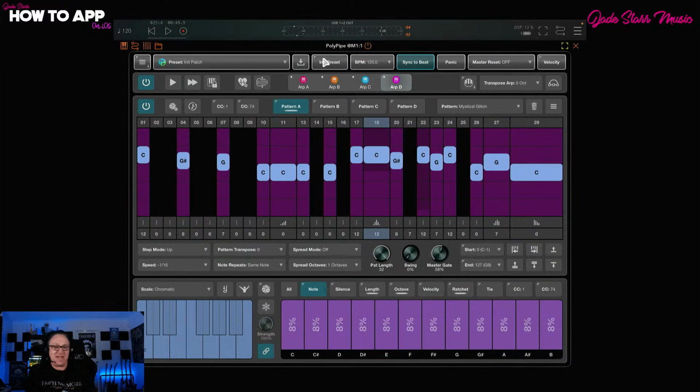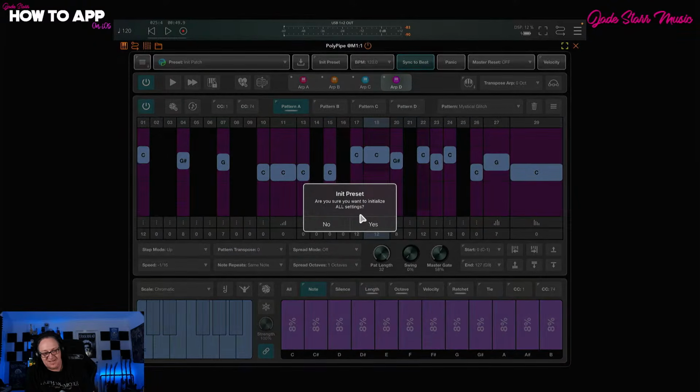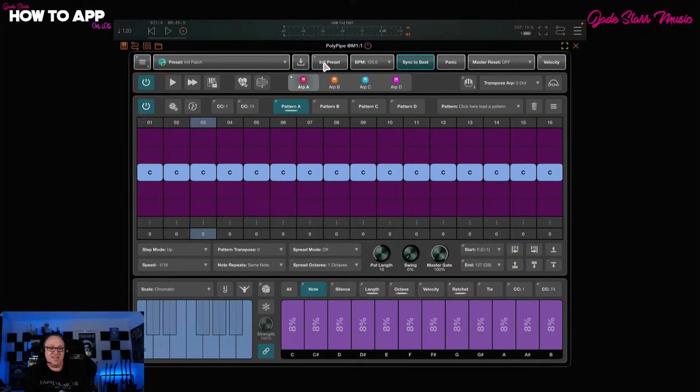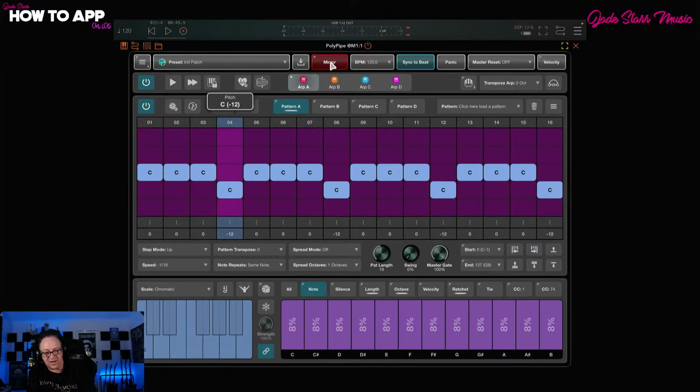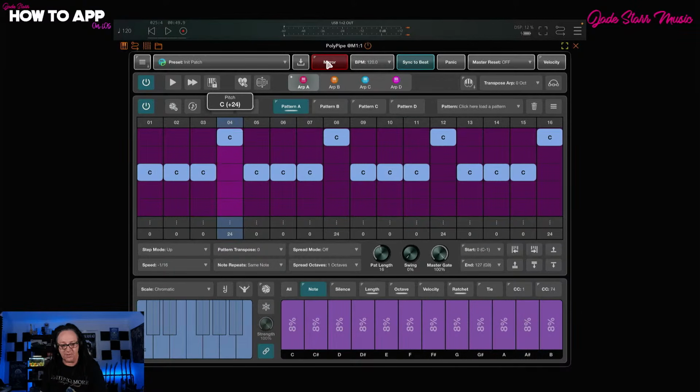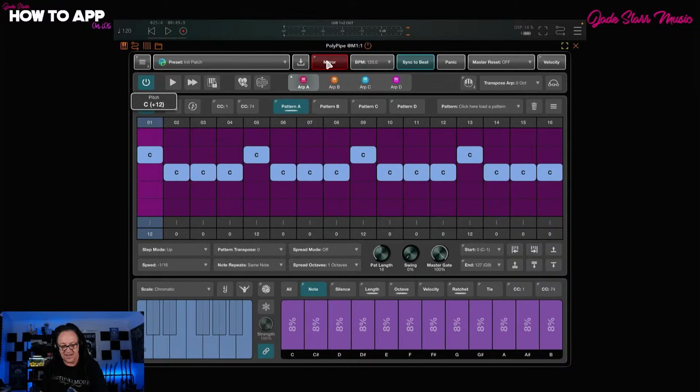I think there's one more hidden thing, and it's this one. Let's do a quick reset. Init reset. See how I reset the preset? And I'm a poet, I didn't know it. If you hold down this, you get this mirror thing. And you can actually mirror a whole bunch of things. So I'm just holding my finger down on the mirror, and whatever I drag, those equally will move,